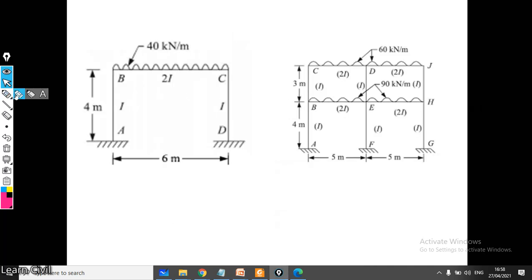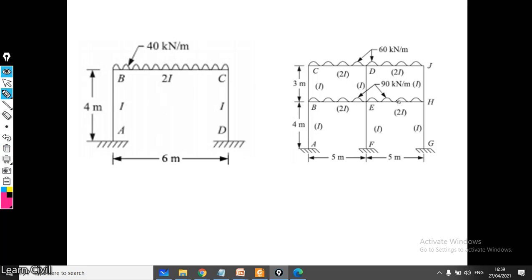Here again in these figures you can see two frames, figure A and B. In frame A, if we draw one central axis like this, the XX axis, let us consider this is ABCDE. The portion ABE is a replica of the portion DCE because the loading is symmetrical about this axis XX. The moment of inertia of columns AB and CD are the same. At the same time, the axis is centroidal.